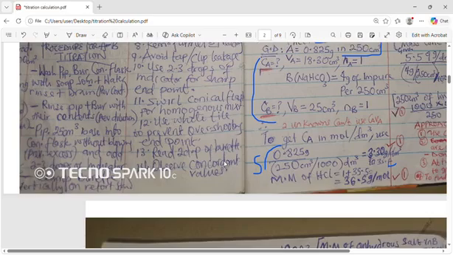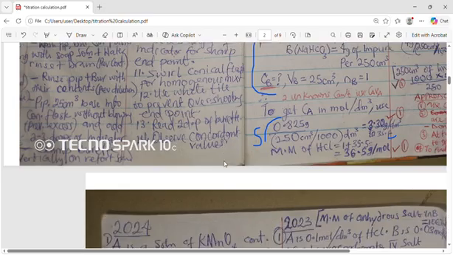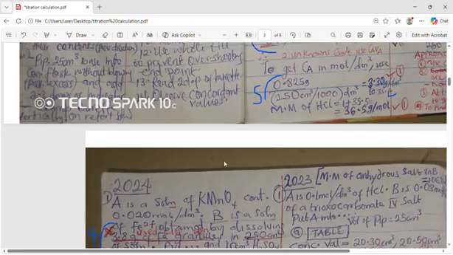Then the last one, observe concordant values. So on your table, when you are drawing your table, make sure you have a concordant value. Concordant means maybe if you have 24.0 the first time, the next time at least have 24.0 again, or 24.1 or 24.2, or it may be 23.9 or 23.8, at least plus or minus 0.2. So that's what we call concordant value. So that's the conclusion of the